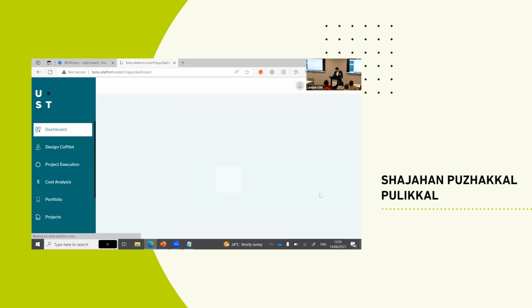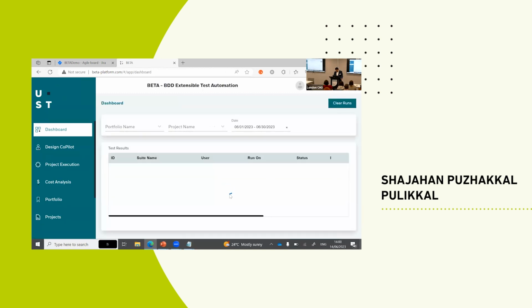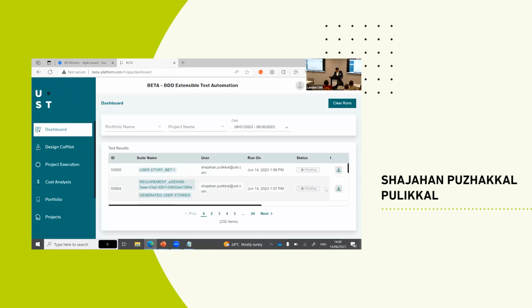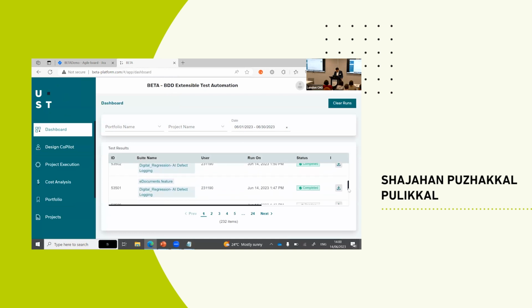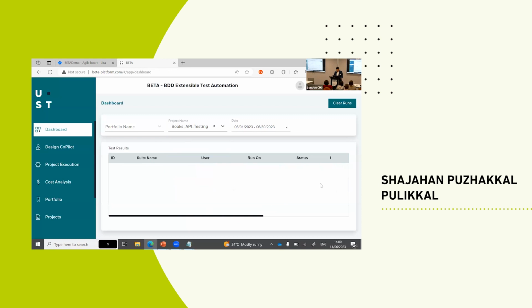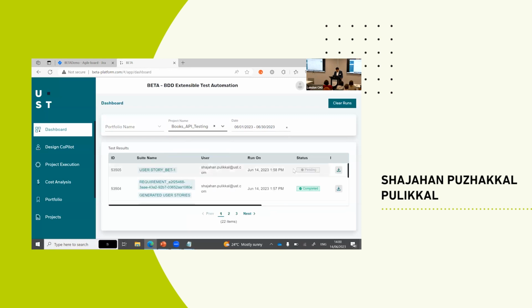Before it gets loaded, I can open a previous execution so that we can save our time. The requirements, so let me see.